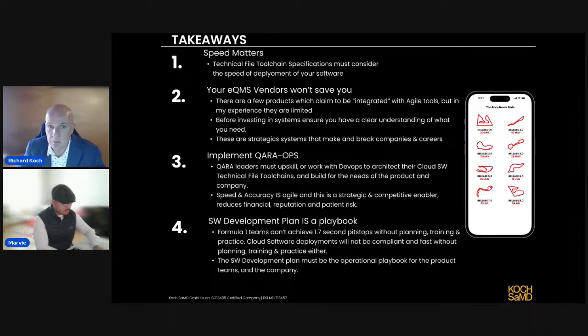So with that said, we've come to the end of the 30 minutes. The presentation is finished. Just want to see, Marvi, have we got any questions that come through the chat? There's currently none. Okay. Have you got any comments you'd like to make while we're waiting to see if there's any questions, Marvi? I know I'm putting you on the spot. We didn't plan this before.